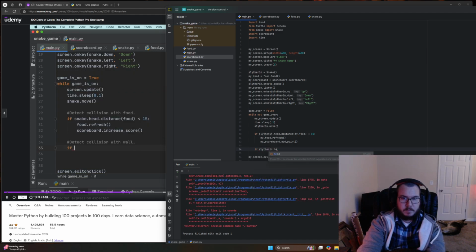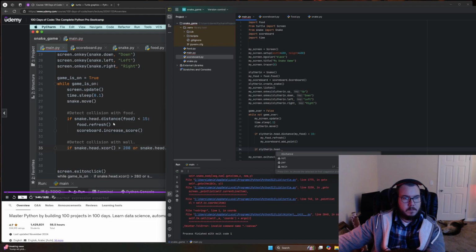So what we want to say is if the snake.head has an x coordinate that is greater than 280, so it's gone too far to the right, or if it has an x coordinate that is less than minus 280, so it's gone too far to the left, or if it has